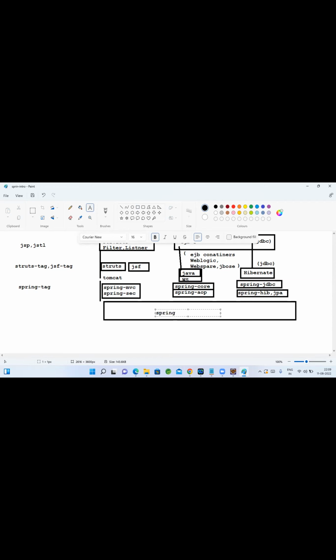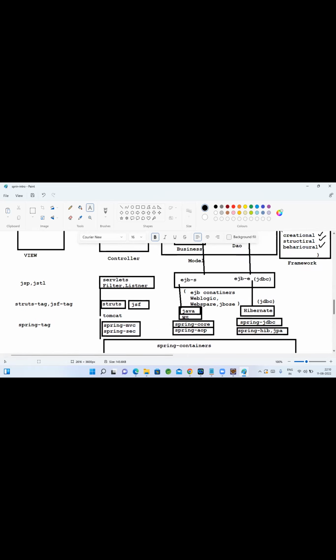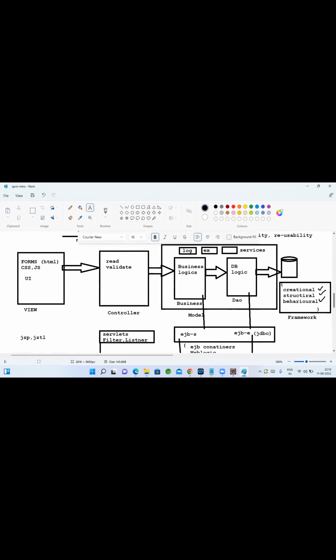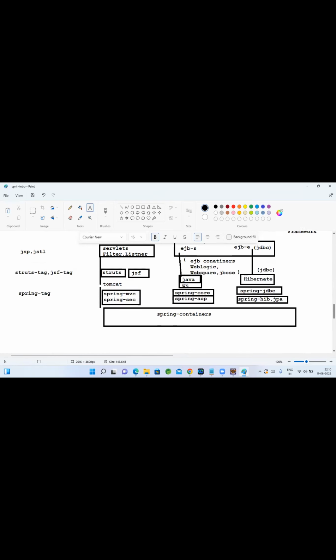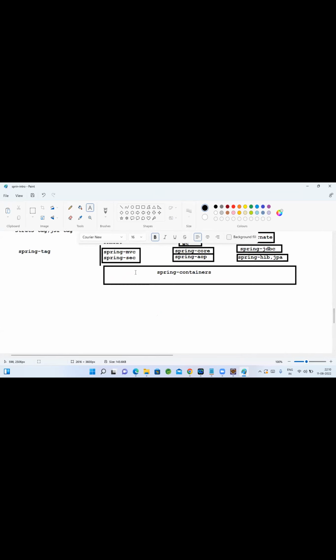Spring classes will run on Spring containers only. Spring has its own containers. On those containers only, all your classes are going to run. All your classes will be run and managed through Spring containers only, which means your complete application you can build on Spring and you can run it. Of course, internally, this container should be triggered from Tomcat only. Just to trigger,